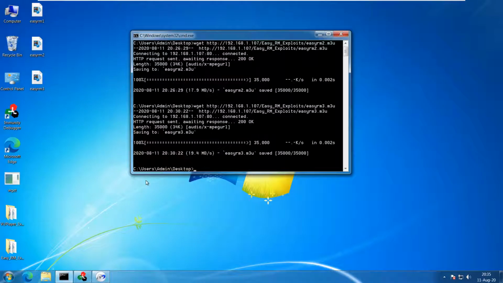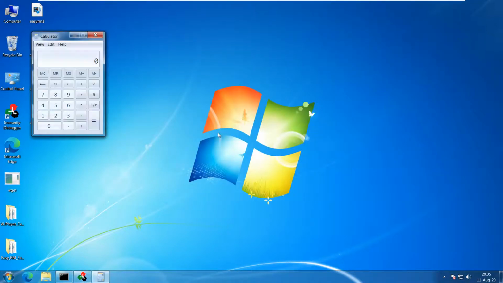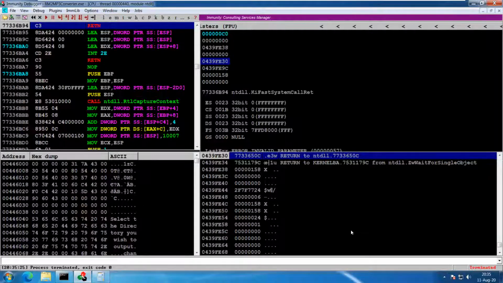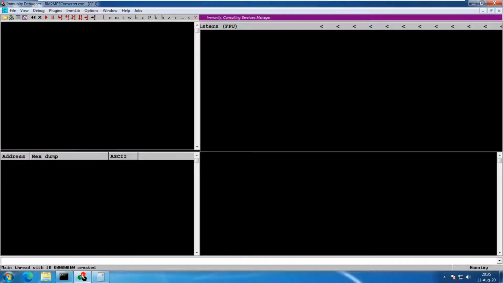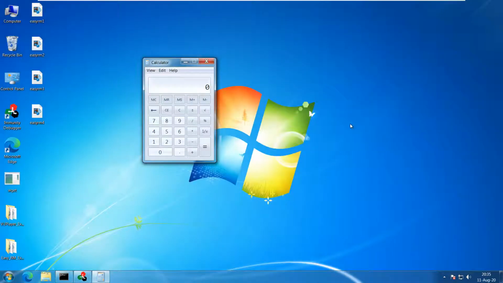Then I fetch the exploit code M3U file, which is 35k. Good. Now when I drag and drop it, we get our calculator application being launched, and the application EasyRM2MP3 converter crashed or terminated.